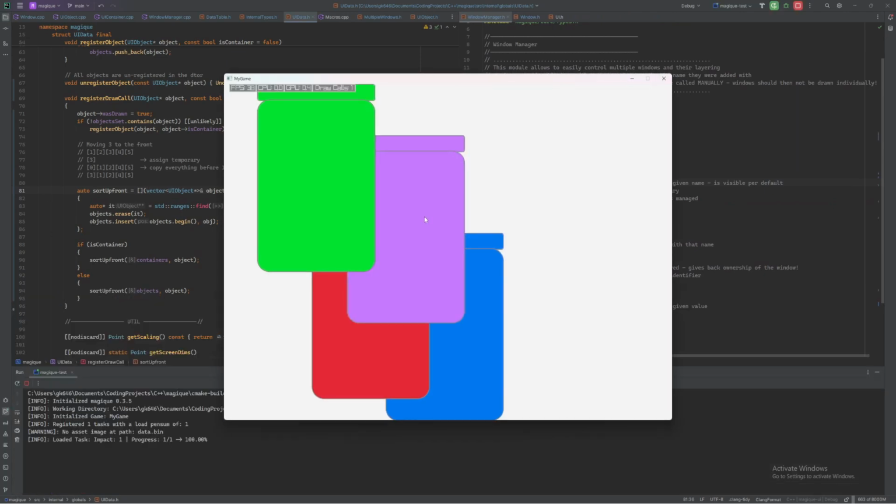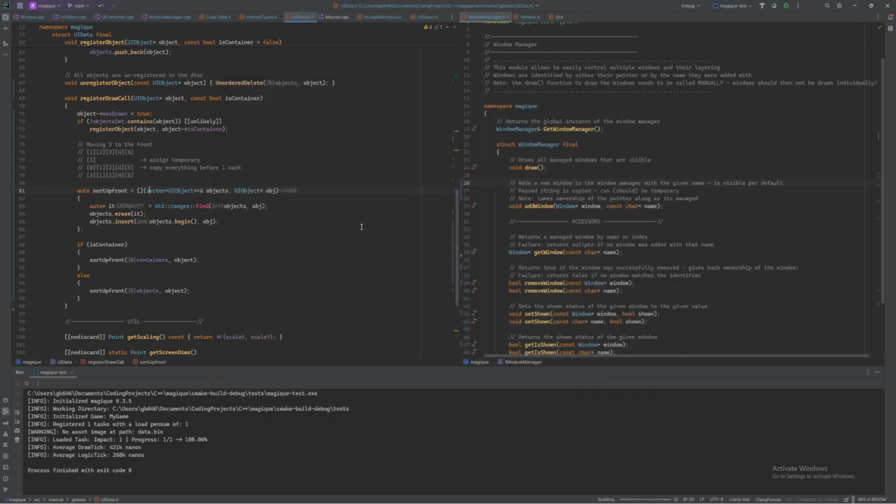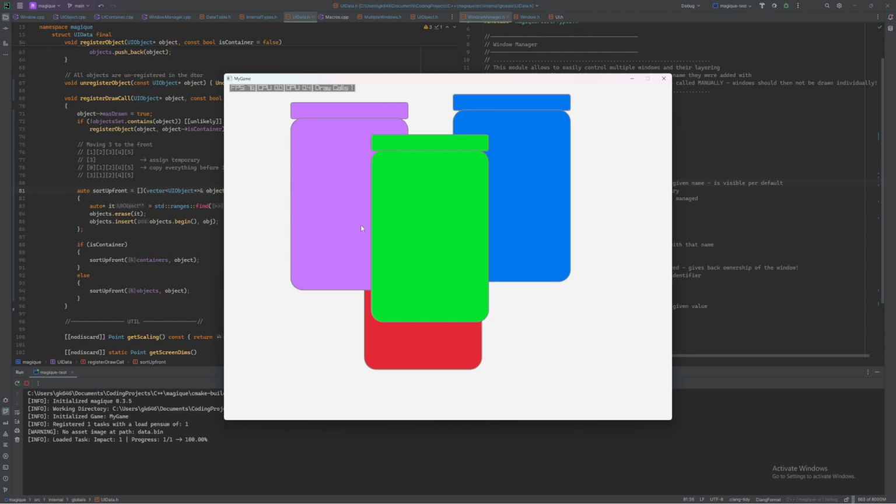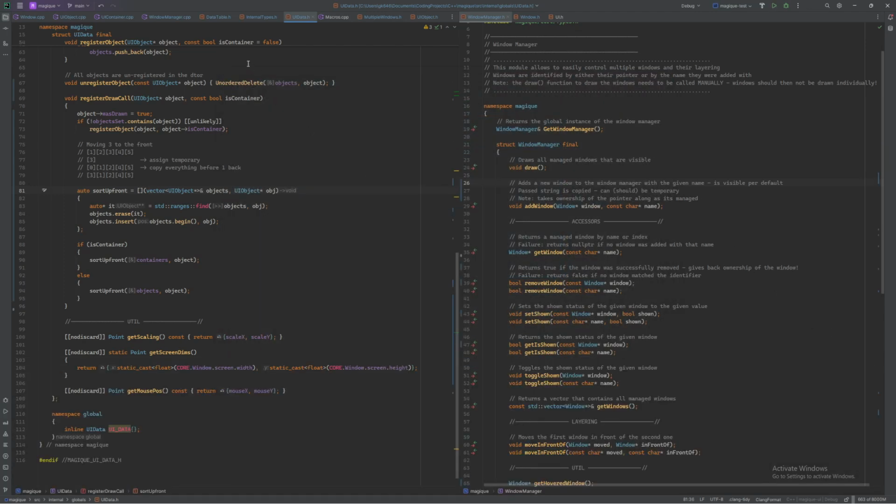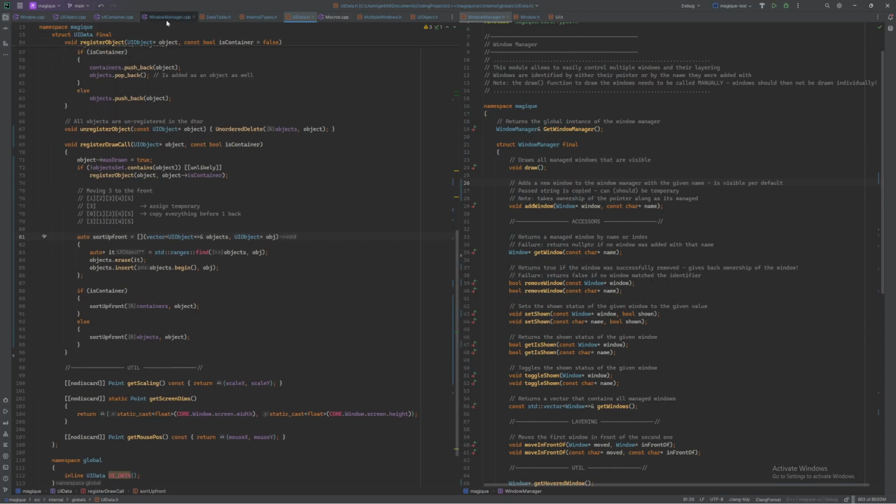Are they in the same order each time? So green is in front, right? Yeah, so green is always in front. So I guess the other